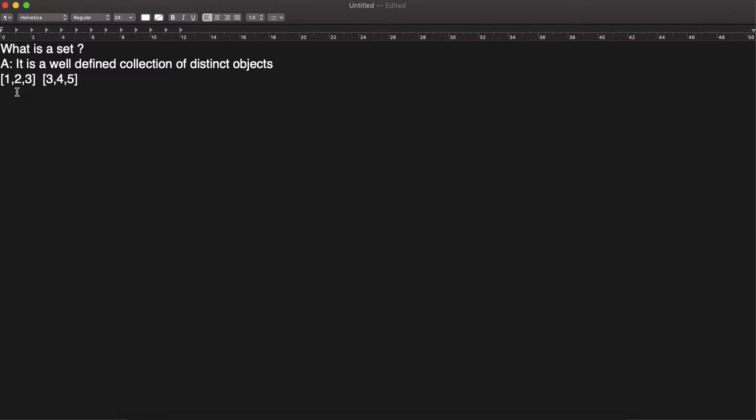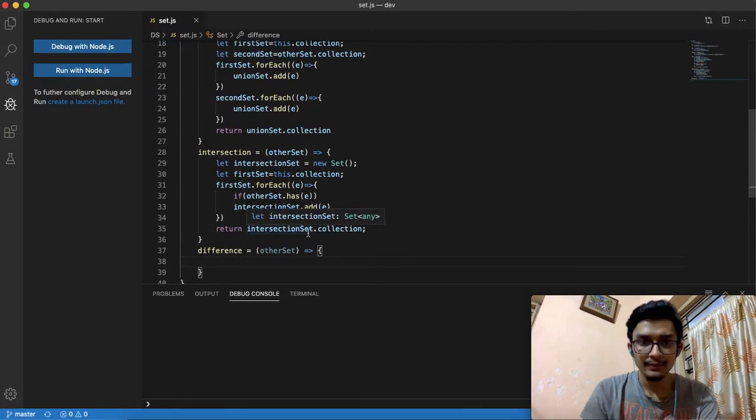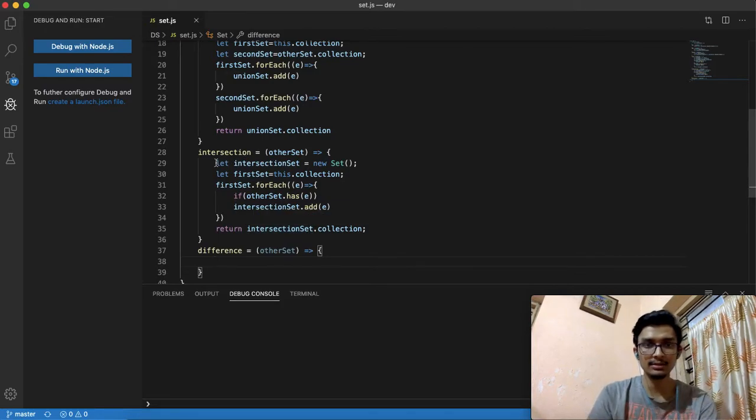So the difference of A minus B is 1, 2, because 1 and 2 are not present in set B. Therefore 1 and 2 form the difference set. Similarly B minus A will be 4 and 5, since 4 and 5 are not present in 1, 2 and 3. Okay. So this is the concept.